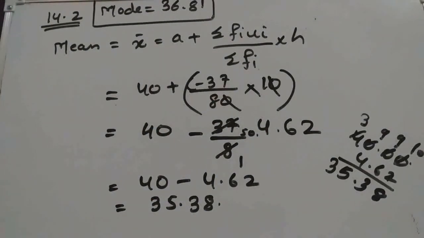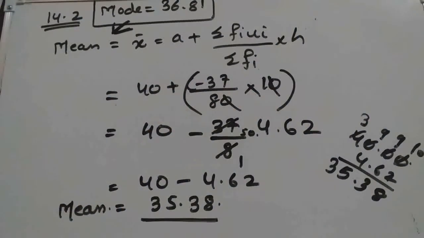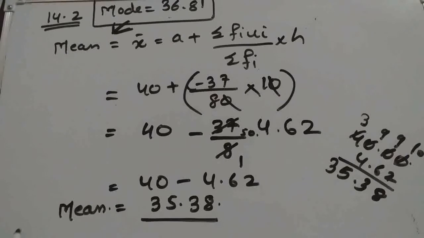So we can compare, the mod is greater than mean in this question. Okay, and what can we interpret, what does the mean value represent? Mean value represents average, isn't it? So this mean is the average age of the patients, and mod means maximum patients of this age are admitted. So what can we write as interpretation?